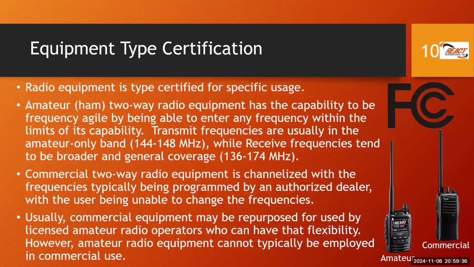Also, amateur transceivers, again, the Chinese market is a little bit different, but in the mainstream market, amateur class transceivers can typically only transmit in the amateur band. So for example, in the case of the 2-meter band, it's only going to transmit in the range 144 to 148, whereas it can receive wideband, it can receive the entire VHF high, which is 136 to 174, right? So notice that this amateur band is a subset of the wider VHF high frequency band, right? So bear in mind that amateur class transceivers have these properties here.